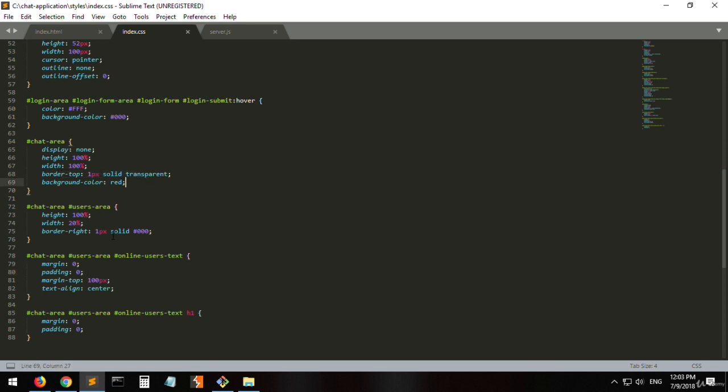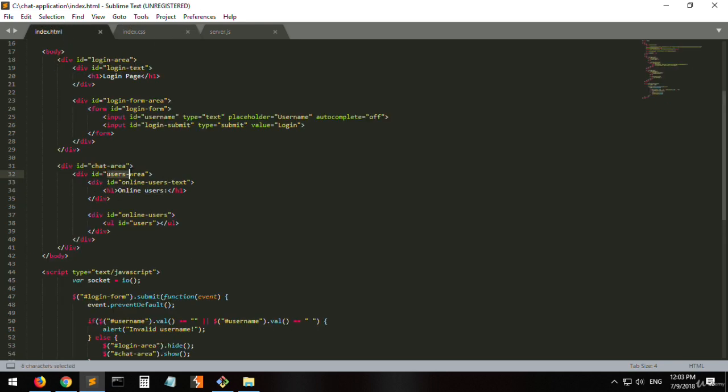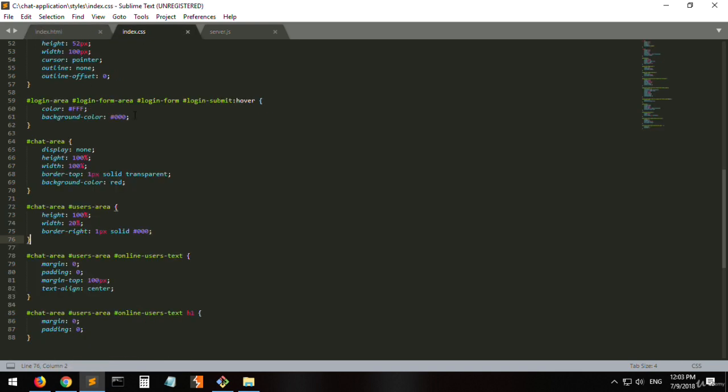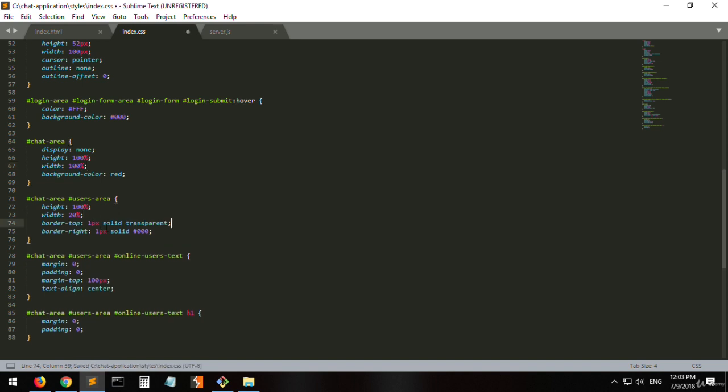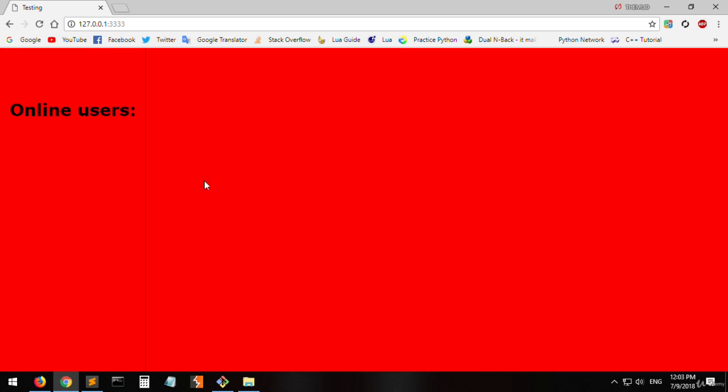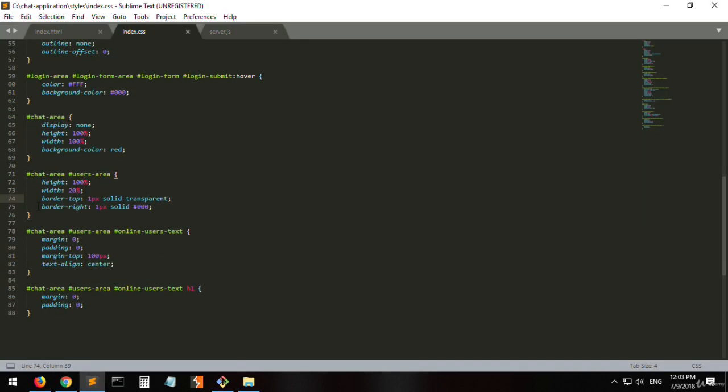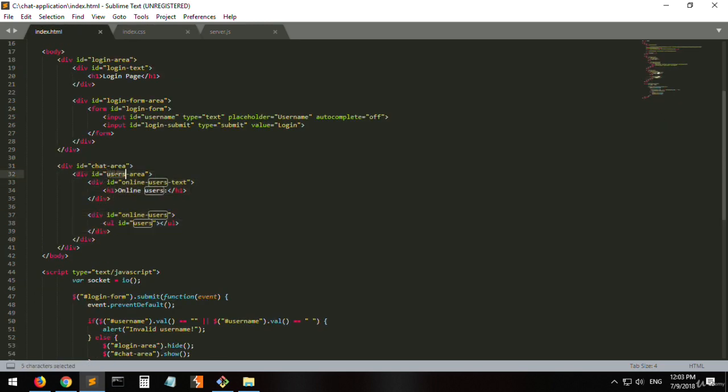Wait. Why did we add it on the users area? No, whoops. We don't have to put that border here. Okay. We want to put the border on here. So it looks like this exactly. That's what we wanted. We put the border on the users area, which is the first child of the chat